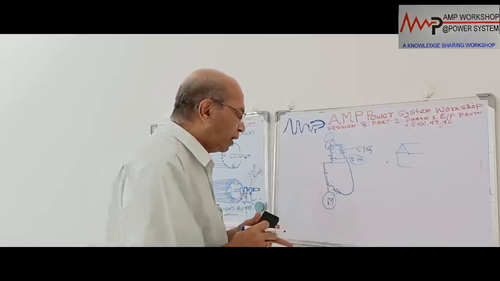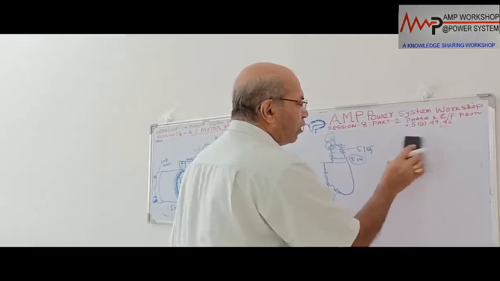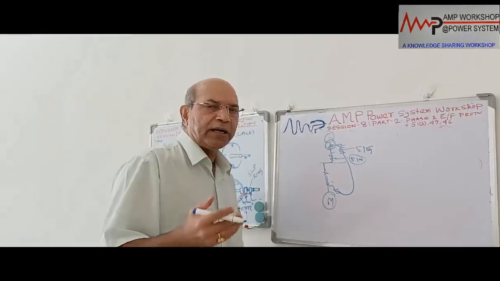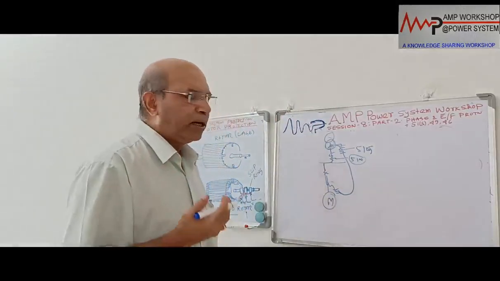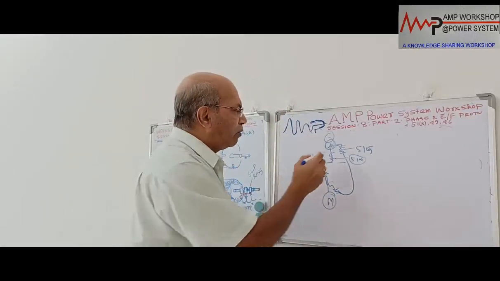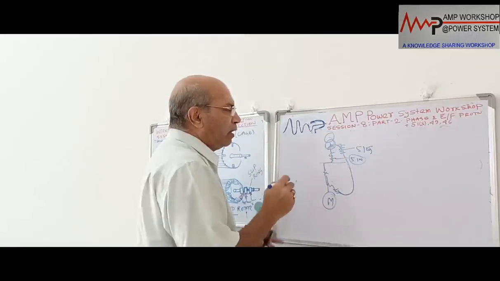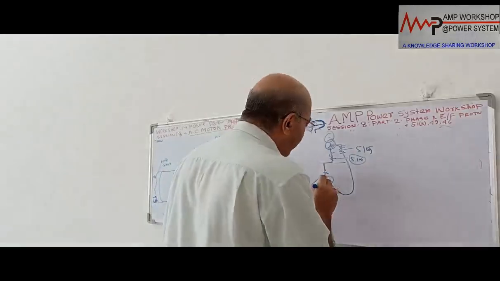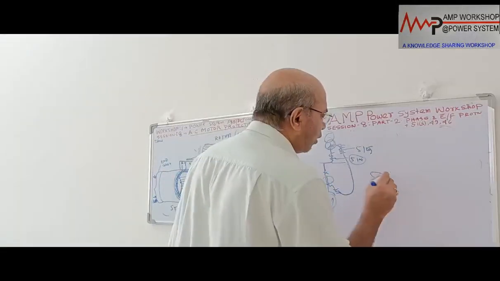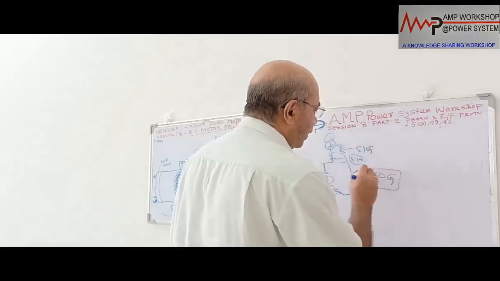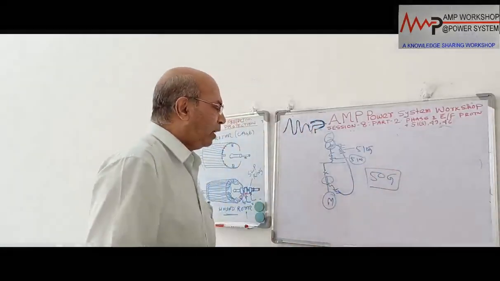In the solidly grounded system, what is the advantage? We have a huge fault current. The phase fault current and earth fault current will be more or less the same in a solidly grounded system. If the upstream transformer neutral is solidly grounded, what we can do is provide an instantaneous earth fault relay. That is a 50G relay, an instantaneous earth fault relay, here.